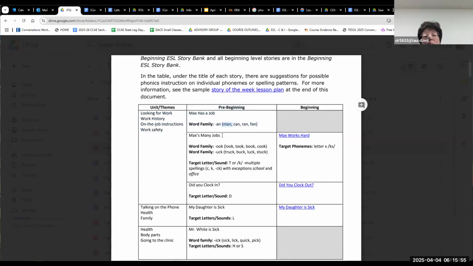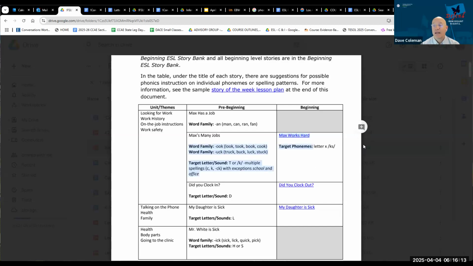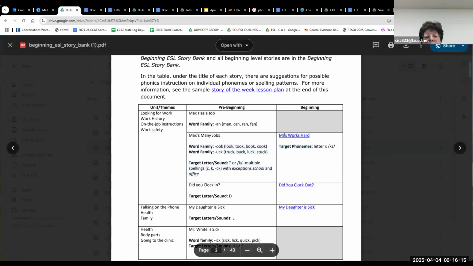And then they have jobs. And then they have another kind of phonics: look, took, book, cook. And then truck, buck, luck, stuck. This will work for both beginners and the literacy learners because it has both columns, right? So let's look at the